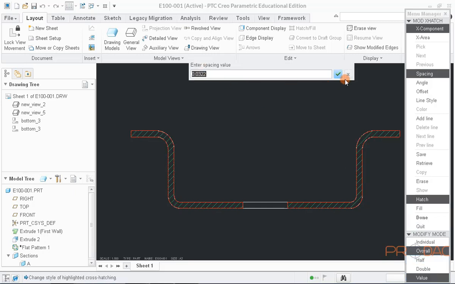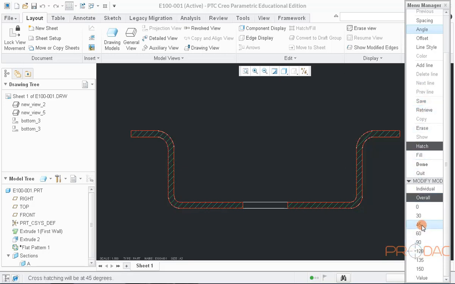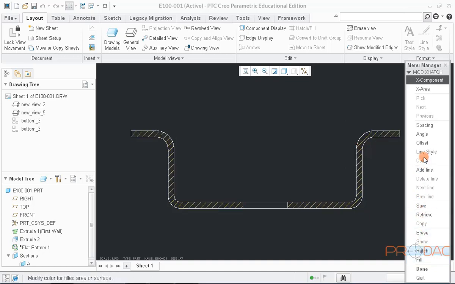To change the angle of hatch lines, select the option Angle in the pop-up menu. Here we can choose any predefined value or can give custom value as well. Similarly, there are many more parameters we can play around with, like solid fill, line style, and so on.